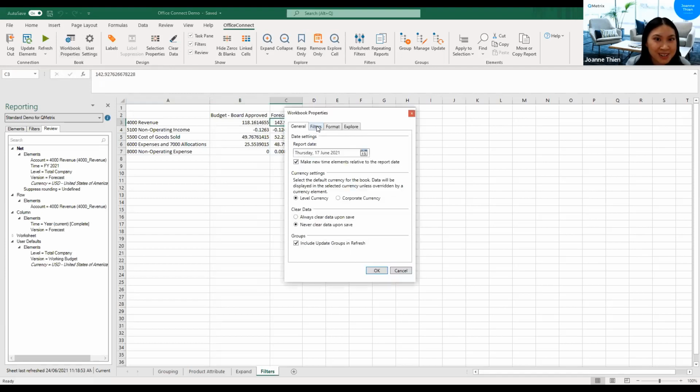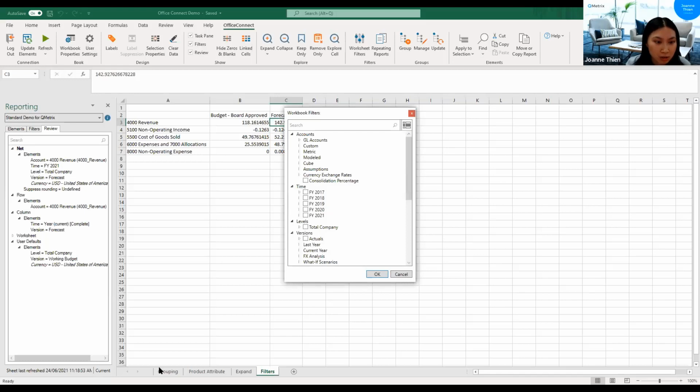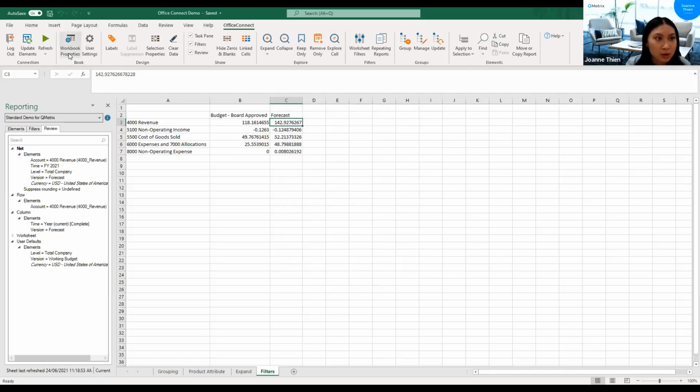Another thing I forgot to mention is that on top of worksheet filters, you can also have workbook filters as well. These are applied across the whole workbook. Just keep that in mind, because sometimes it can get confusing if you put a filter here and then put a filter in a worksheet as well. It might confuse you. So that's also another way of doing filters, but it is a little bit more hidden than the standard worksheet filters.